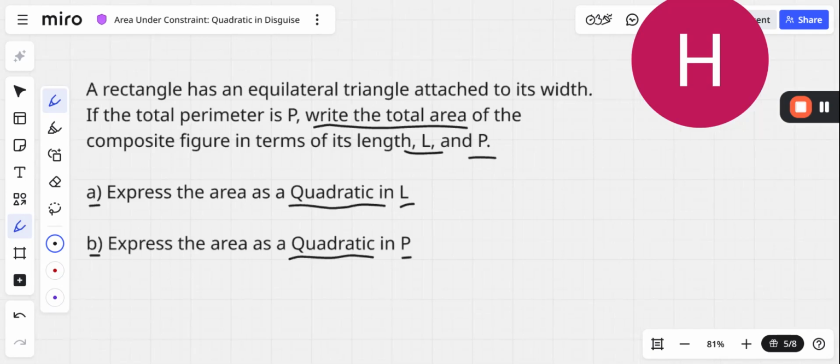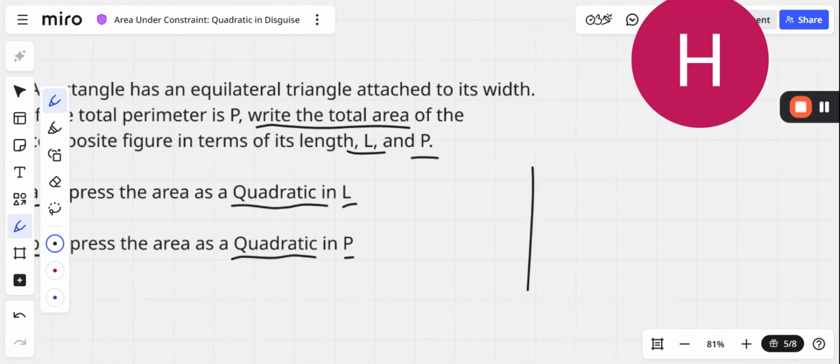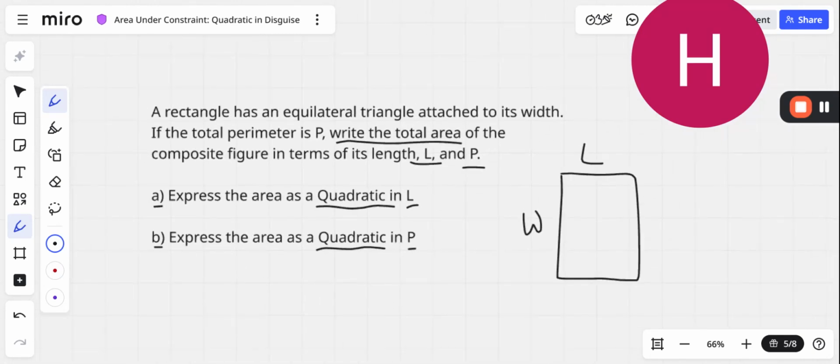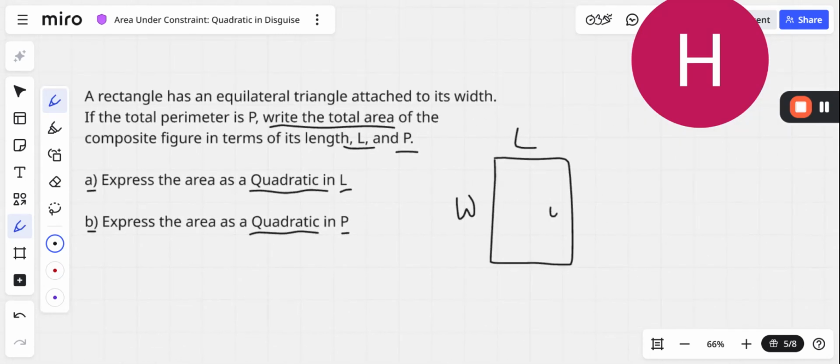First things first, we need a diagram for this rectangle. So I'm going to draw the rectangle as such. We have the length, and we have the width, and the equilateral triangle is attached to the width. So something like that, where this is also length W, and this is also length W, because equilateral triangles have